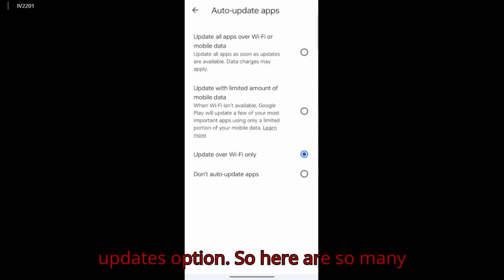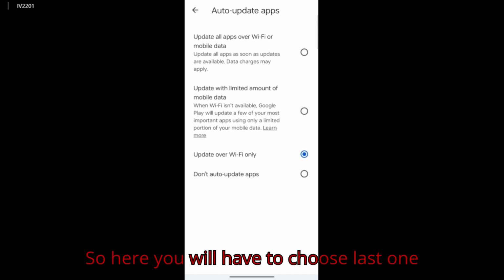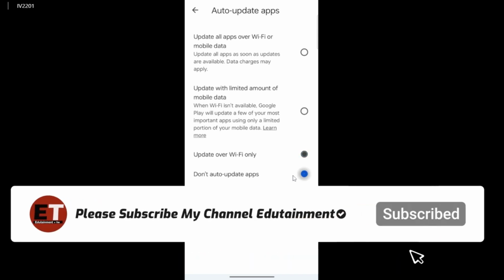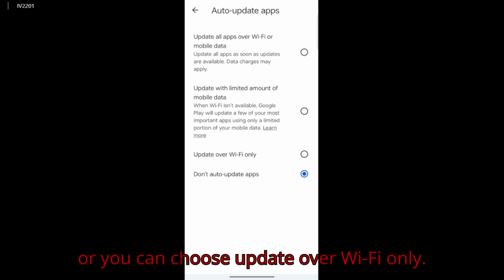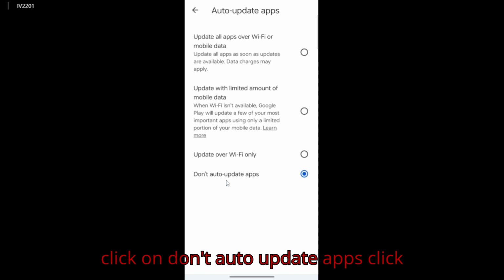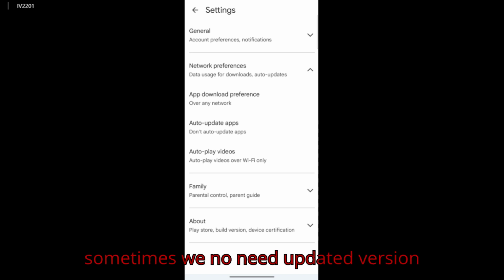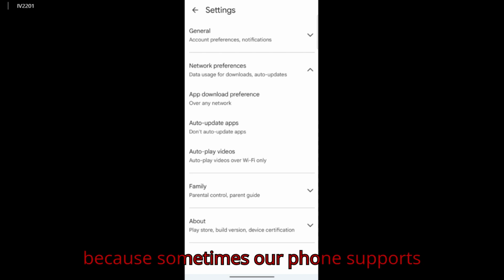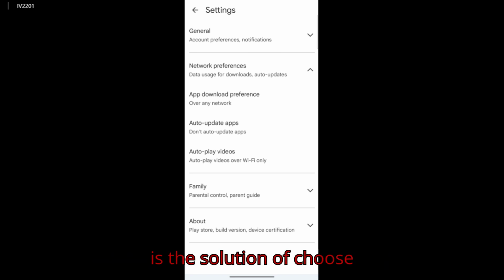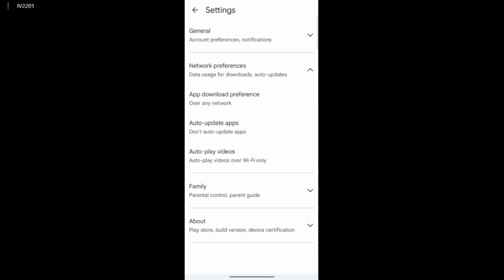So here are so many options, so you just need to click on don't auto update apps. Here you will have to choose the last one, don't auto update apps. Click on this, or you can choose update over Wi-Fi only, but yes, this is more effective. You just click on don't auto update apps. Click go back. What happens is sometimes we have no need of the updated version, because sometimes our phone supports older versions only. So that is why the solution here is to choose don't auto update apps